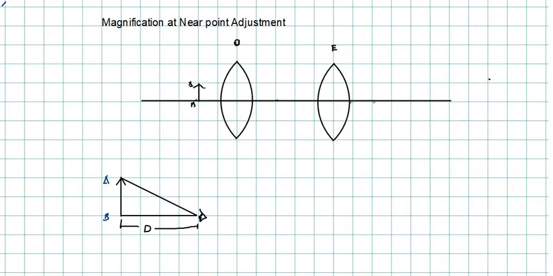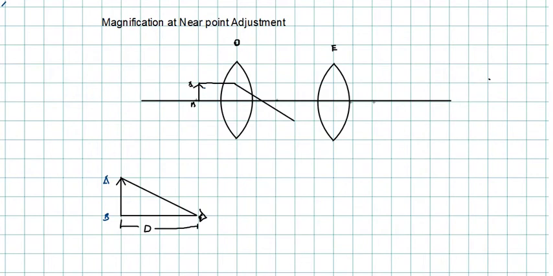Now you want to see this image magnified. So how are you going to do that? You are using the compound microscope. In order to draw the ray diagram, we will consider again, as usual, the principles of ray diagram. First of all, we consider one ray parallel to the principal axis. This ray after refraction will form an intermediate image somewhere here.